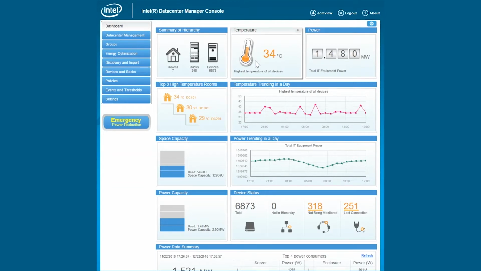So let me first start by explaining what is Intel DCM, and then we can deep dive into the capabilities of the product with a live demo. So Intel DCM is a software solution developed by Intel for the past almost 8 years now. What it does is that it uses the telemetries that are built into IT devices such as servers, storage, network devices, smart PDUs. So this capability uses the built-in real-time telemetries that are in the devices that the customer purchases,